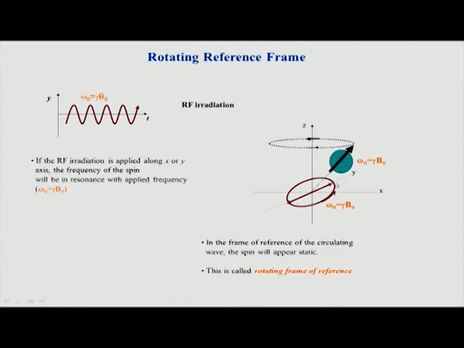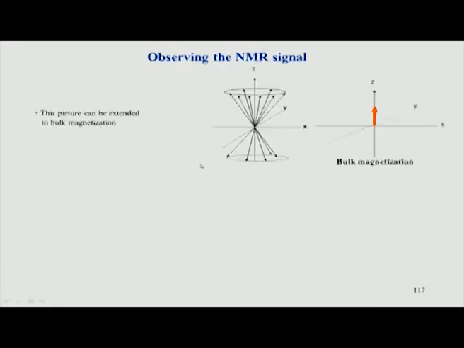Okay. So, in the rotating frame we say that this magnetic field effect has gone, because we have nullified that effect by going into a frame of reference which is the same as the spin. So, we no longer have this rotating precession. What precesses is only around this particular magnetic field, which is the radiation which we have applied.